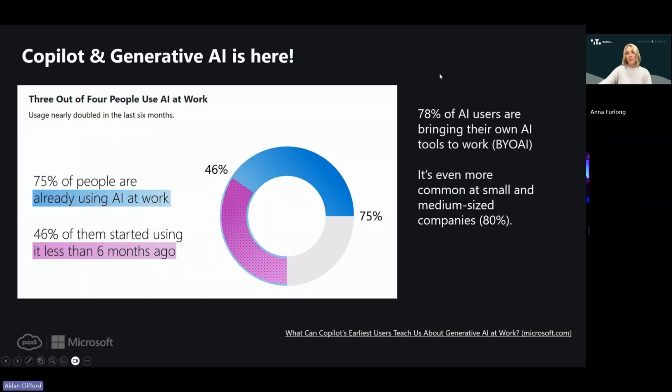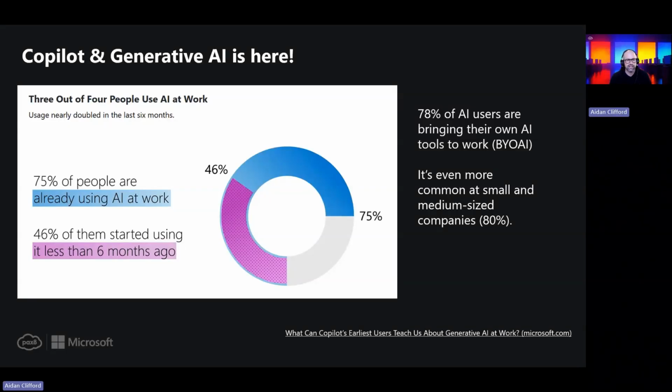So Copilot and generative AI is already here. As I said, there's been a huge amount of adoption already. The vast majority of people are already using AI at work, and half of them have been starting to use it within the last 6 months as well. Where the considerations for this starts to come into regards is how you as business users, business owners, or corporations